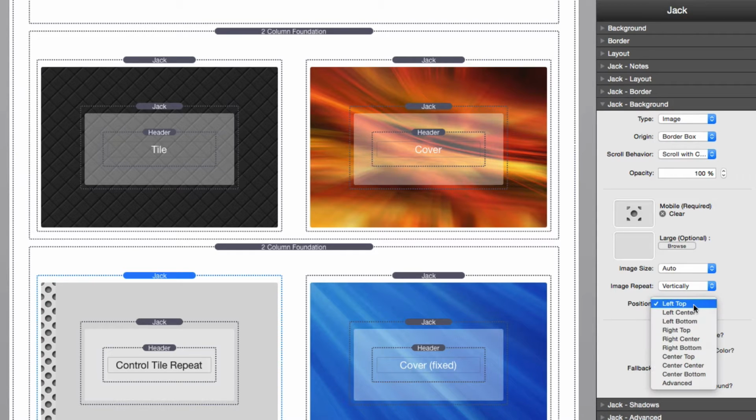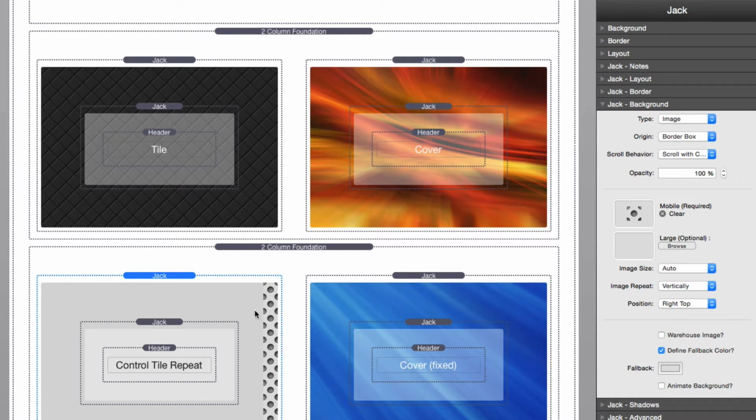But maybe we want it to be on the right top. And then it will start repeating the image from the right top and down. Now, if you are only going to be repeating an image vertically or horizontally, chances are you're going to want to make sure that you define a fallback color. And this is going to be the color that Jack uses for the rest of the stack that doesn't have